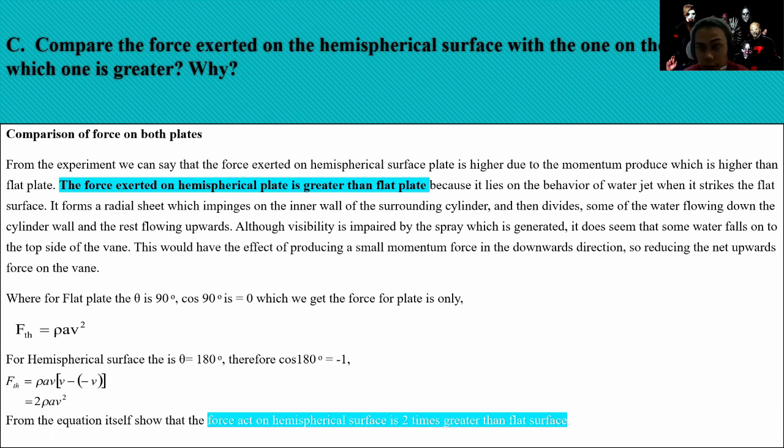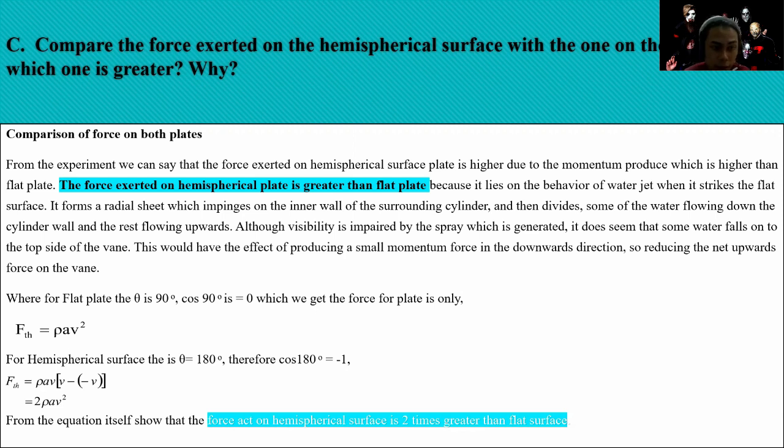This is because of the behavior of the water jet when it strikes the flat surface. It forms a radial shape which impinges on the inner wall of the surrounding cylinder, and then it divides, with some of the water flowing down the cylinder wall and the rest flowing upwards. This will have the effect of producing a small momentum force in the downward direction,